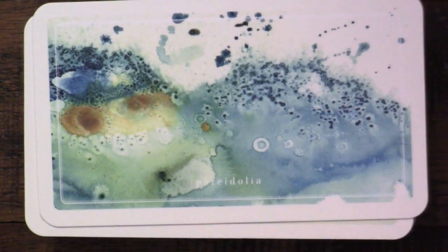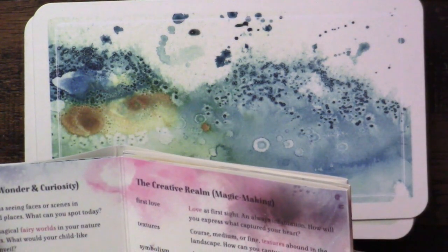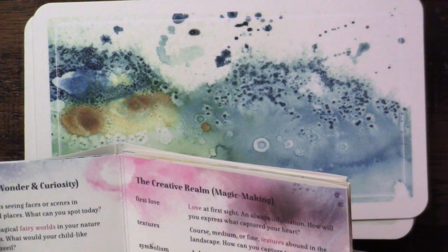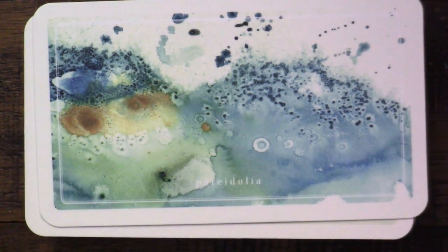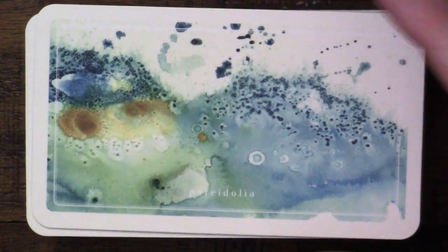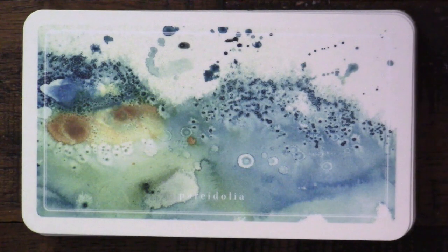Yeah, no clue what that says. Actually, I don't even know the word, which I love. Pareidolia is seeing faces or scenes in unexpected places. So this is something that I often say to do with watercolor